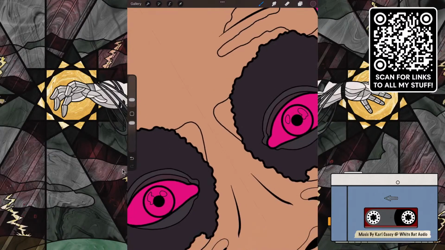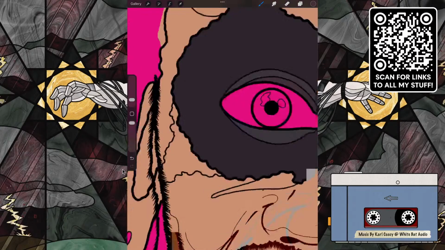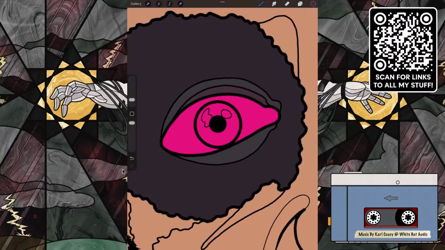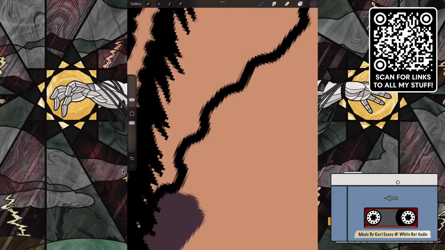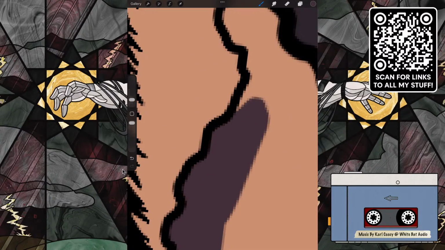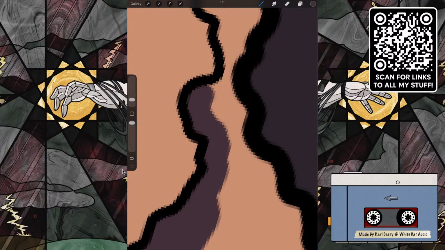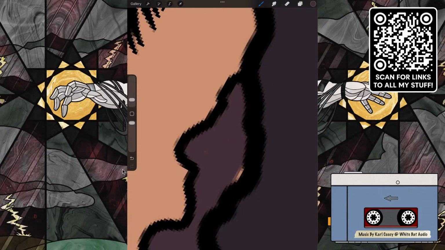Yep. And then we'll use that same color for, oh, for here. Which one do I want to use for that? Let's use that for this. This here, where it's kind of coming off of the main dark areas. There we are.